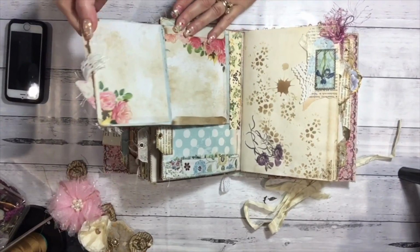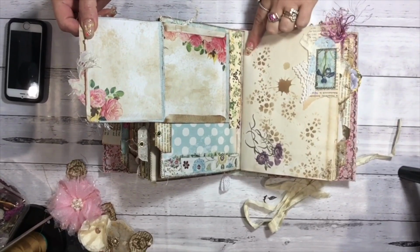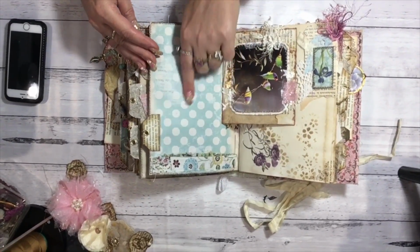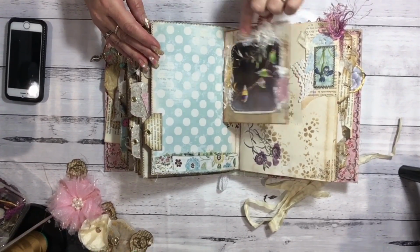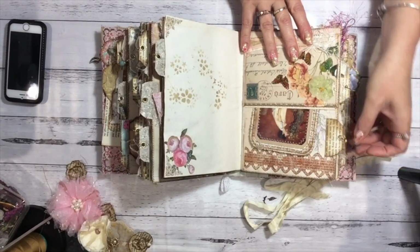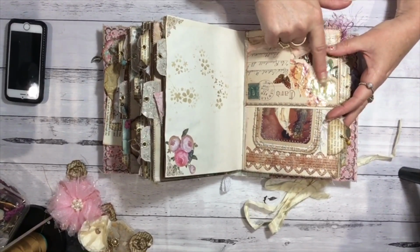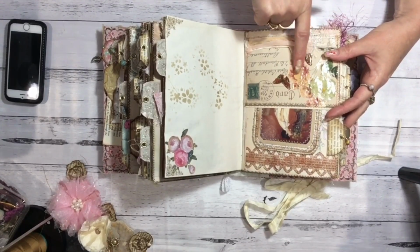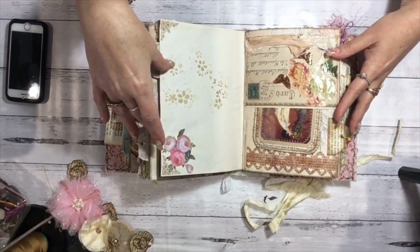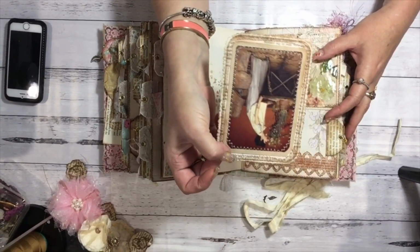and then that folds out. So you've got journaling here, so you've got journaling here, and then that folds over, and you have journaling here as well. So that goes back that way, fold over. This is a postcard that I have put double thick embossing only on the flowers, so that makes it pop a bit more. And this is a card, journaling card in there,